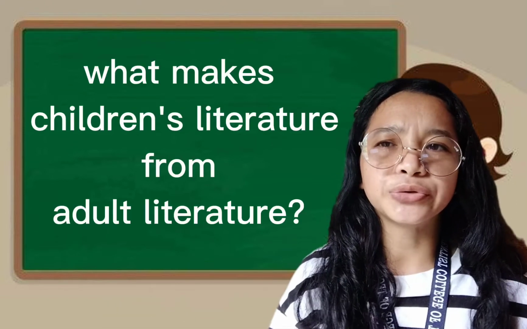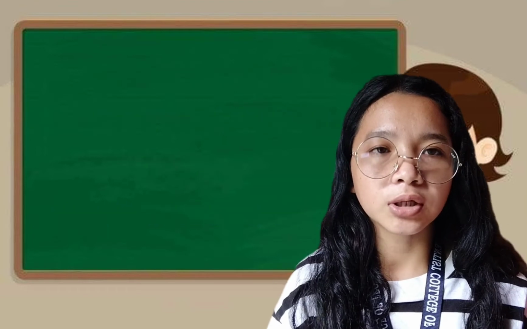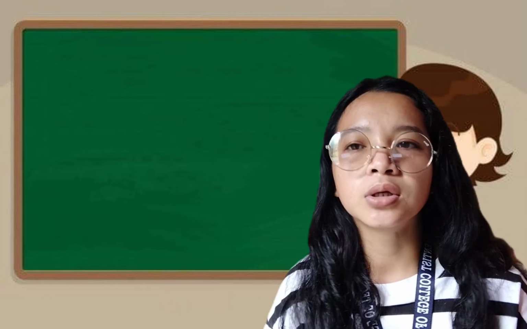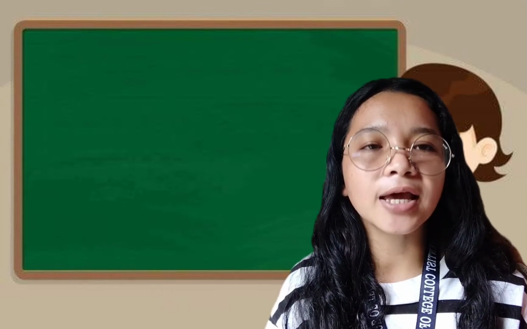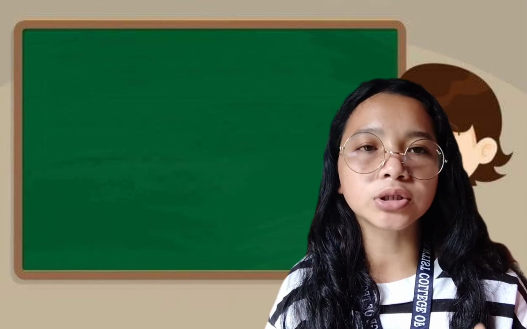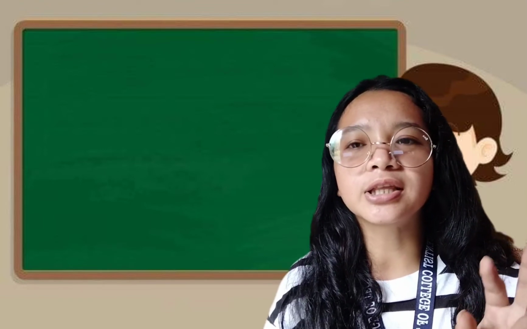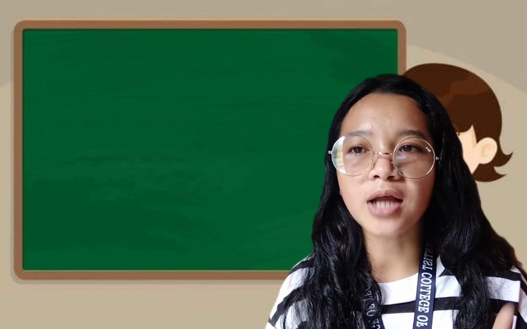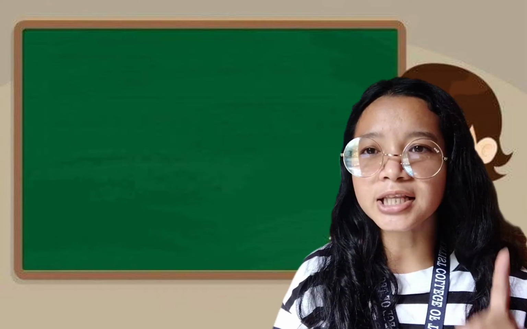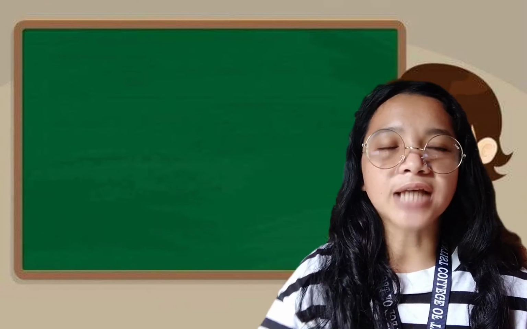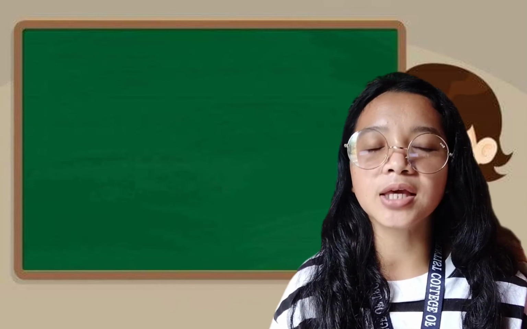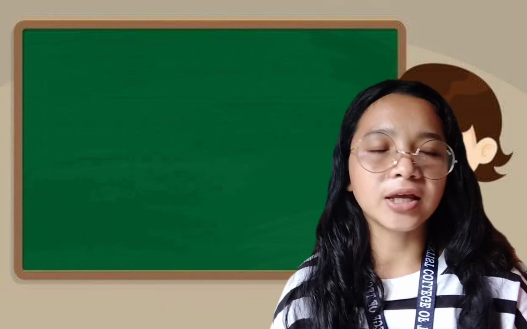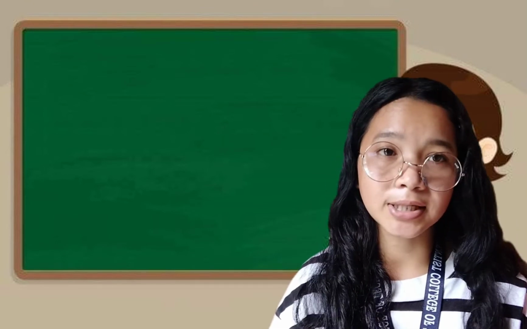Now, what makes children's literature different from adult literature? Children's literature is a class on its own, with its own brand of writing style and characteristics that set it apart from adult literature. Children's literature is simple, unsophisticated, natural, and uncomplicated. Certainly, children's literature is out to teach moral lessons, making it instructional and educational. Finally, more often than not, the ending of the story is happy.